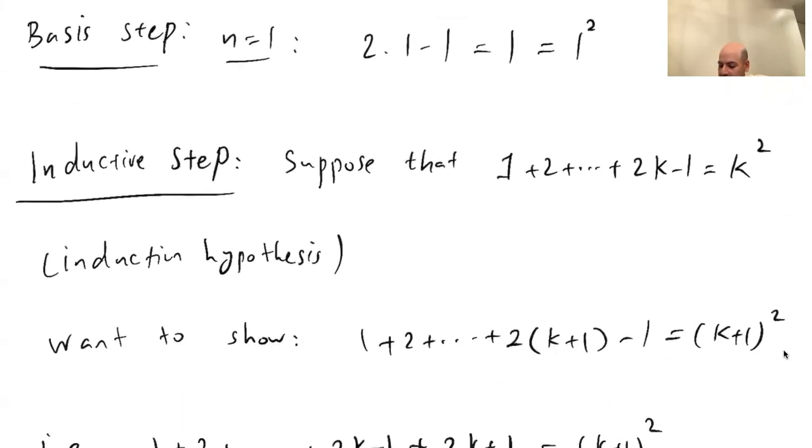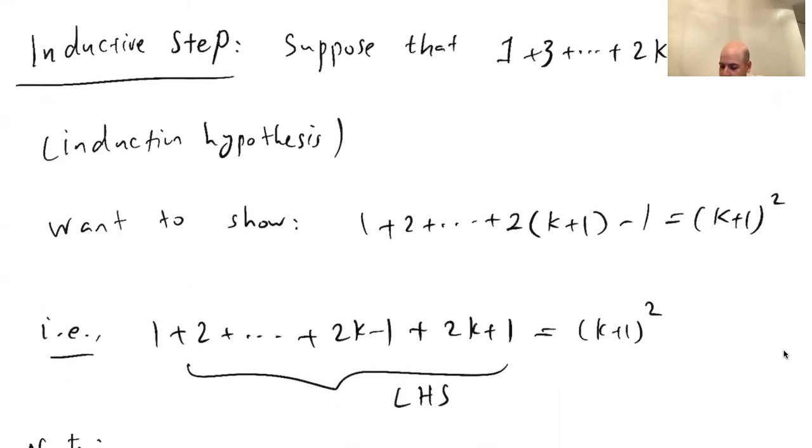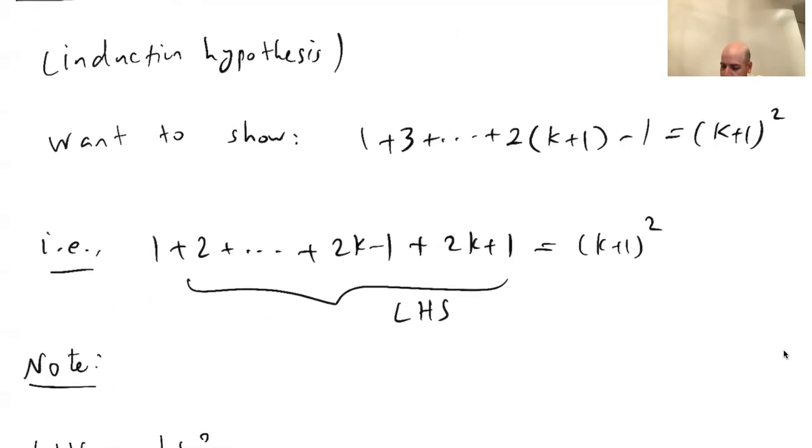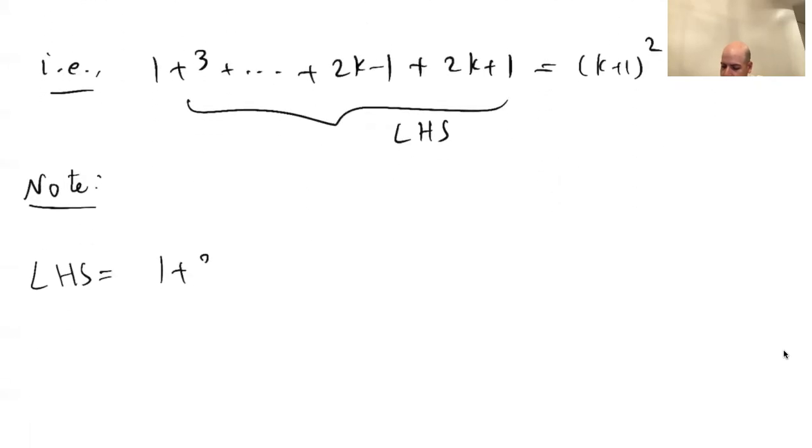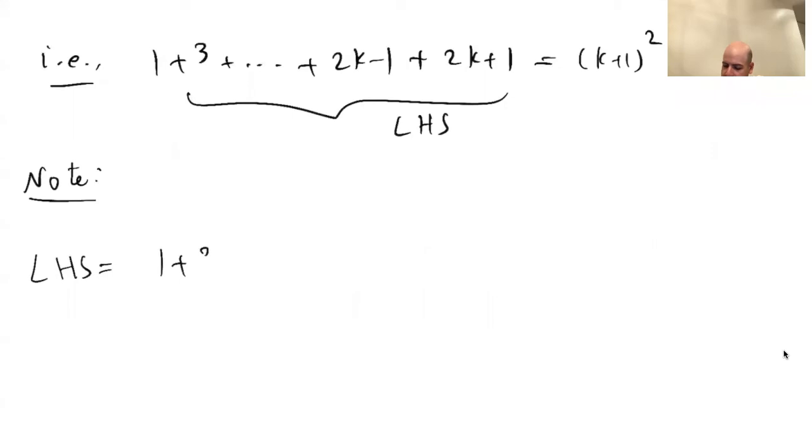First, k odd integers. So the first one is 1, and then 3, all the way to 2k minus 1. Okay. So 1 plus 3 plus 2k minus 1 plus 2k plus 1 is equal to, now this part here